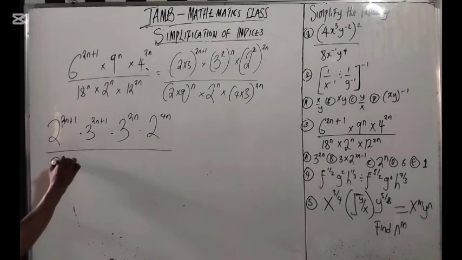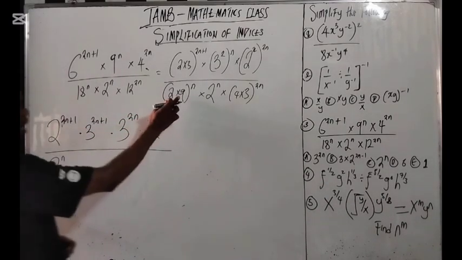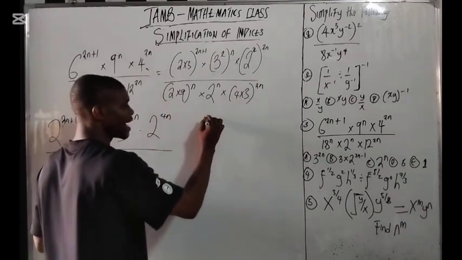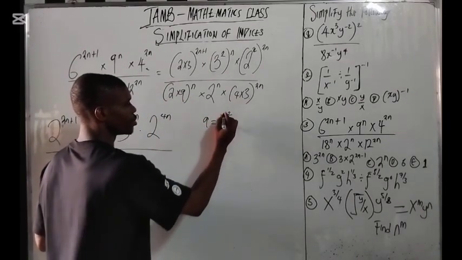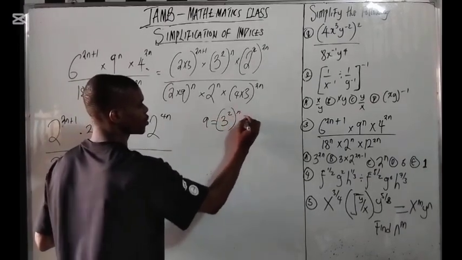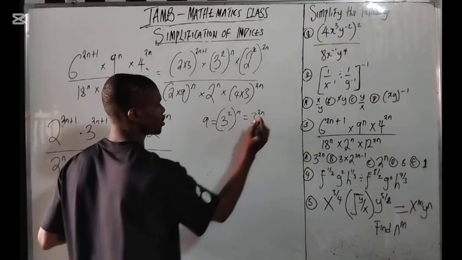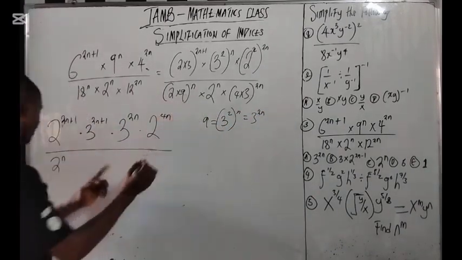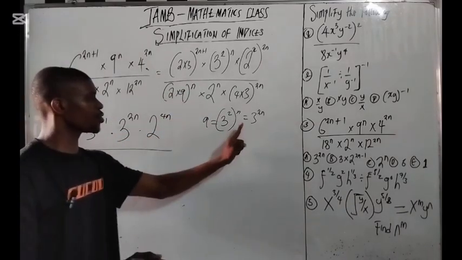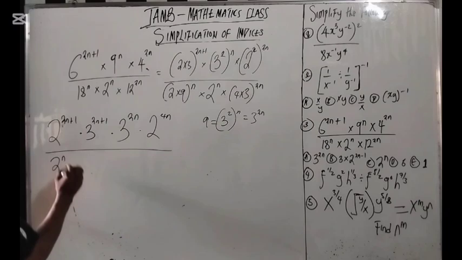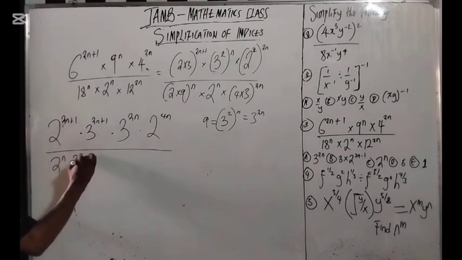2 what? n dot. Remember this 9 you're seeing here. This you're seeing here also say that 3 raised by 2, right? And 2 raised by 2n is what? 2 raised by 2n. Can you see that? So when you break it down, here we have 2n. Here we got to what? 3 raised by 2n. So here we have 2 raised by 2 what? n. That is